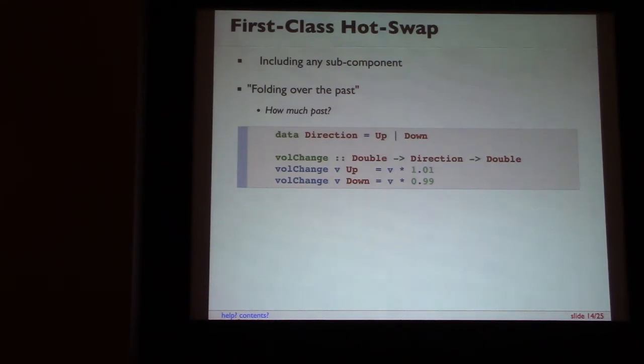make a change to how the graph is computing at any point that we think that we may want to change it. So when we talked about fold P before, we'd like to talk about folding over the past. And the question is, how much past are we talking about? I can talk about space leaks, but really the question is, if we want to change our program, are we changing what it has always meant, or are we changing what we're doing in the future?